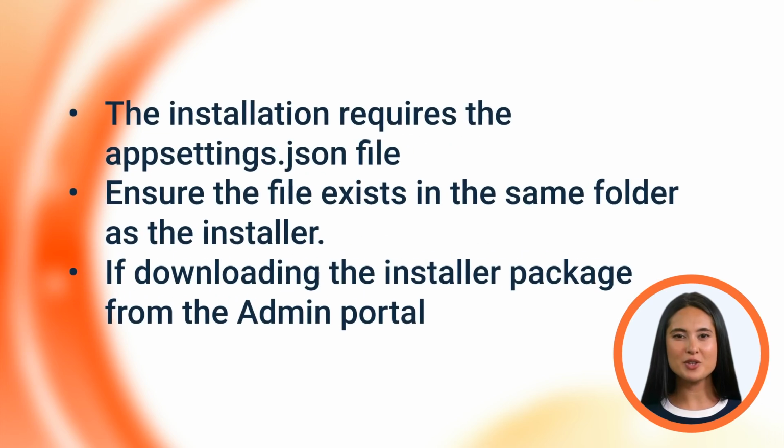Sometimes you might face some installation issues. The most common are missing app settings to JSON error. The installation requires the app settings.json file, containing crucial settings like portal branding and server endpoint. Ensure the file exists in the same folder as the installer. If downloading the installer package from the admin portal, unzip it first, then attempt installation from the extracted files to